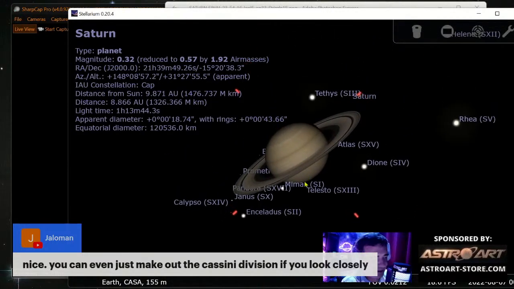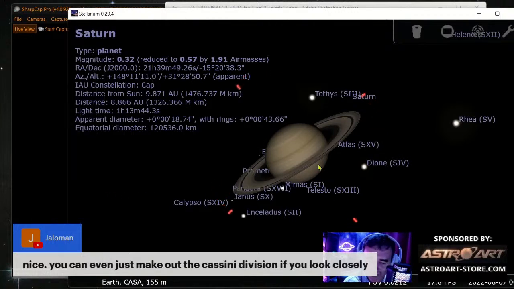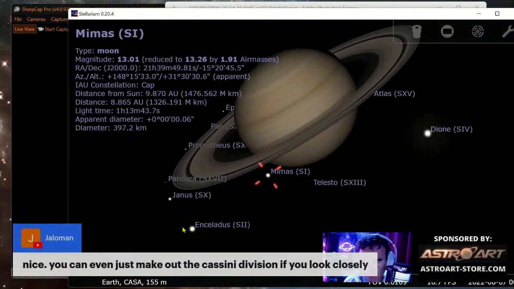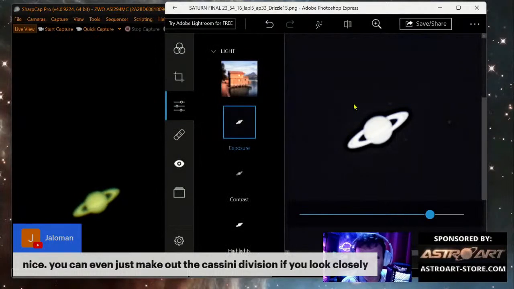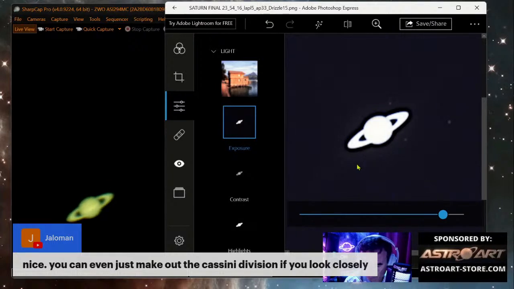When you ask what can I see with the 8-inch and the camera? Well, you can see Saturn and at least 4 moons. This little one, Janus, we can't. And Calypso. But Mimas, we should see it. This is only for the people that sometimes come. 1, 2, 3, 4. Yeah, we can see only 4.